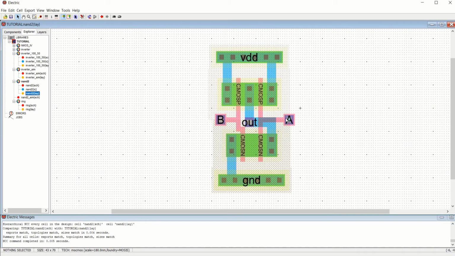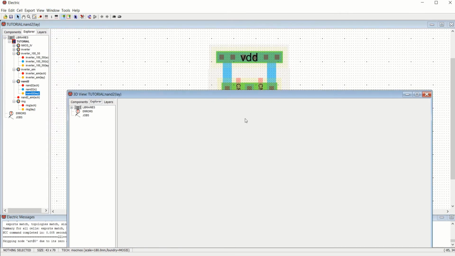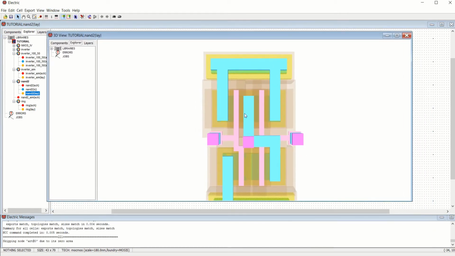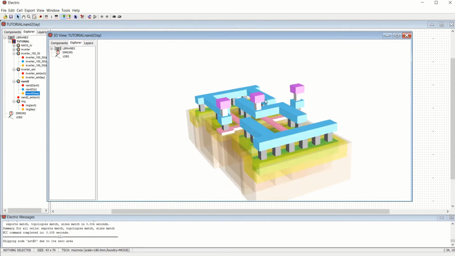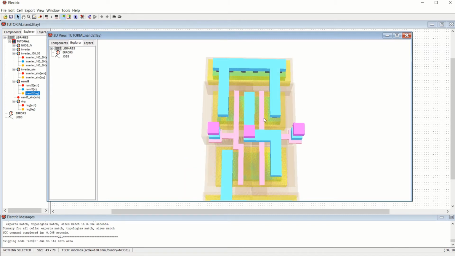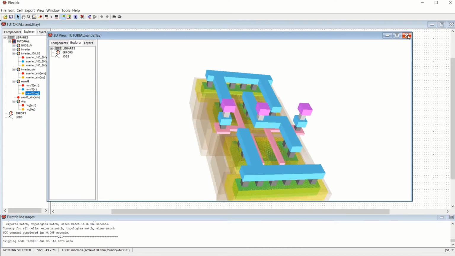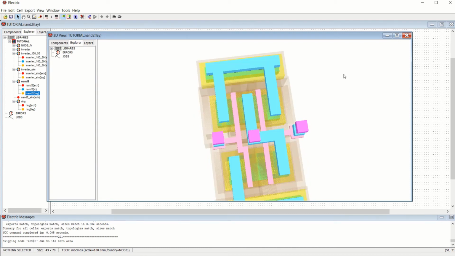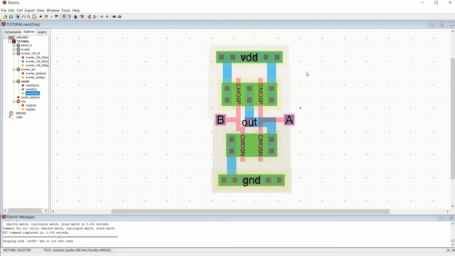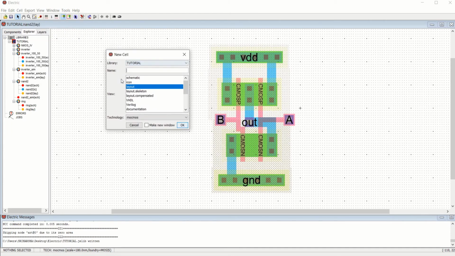Now I will show you the 3D view of this particular NAND gate design. So you can see how it looks in total. For routing, you have to use the metal 2 layer next, not the metal 1, because metal 1 layer is already totally completed. If you cross the metal 1 over this again, it is nothing but short circuiting.